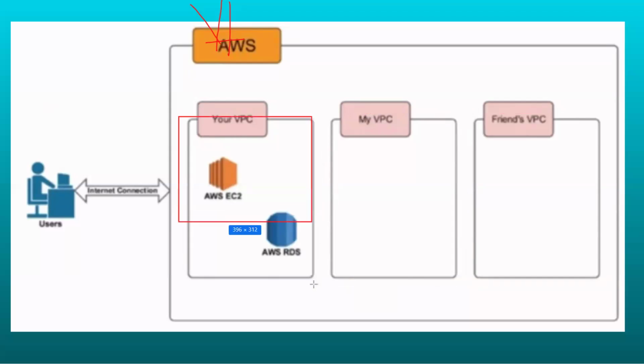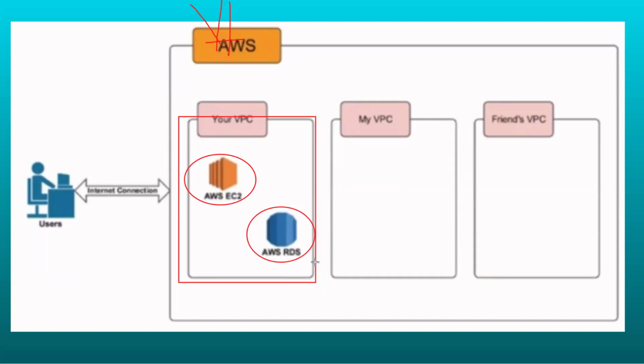We are going to create a network, and then create resources like an EC2 resource and an RDS resource, a database and a server, and we can deploy our applications. Once the application is deployed, we can access it over the internet. But these resources are completely secure. No one else can access them. They are controlled by us, by you, but not by anybody else. In the same way, another network is also created,